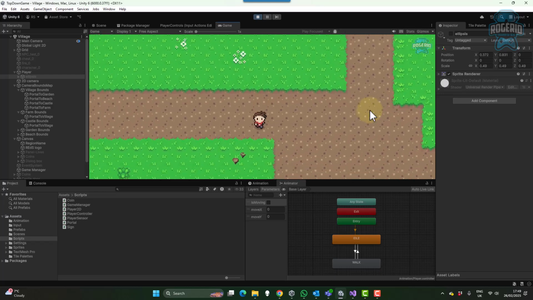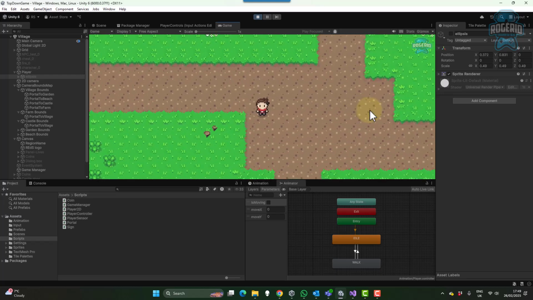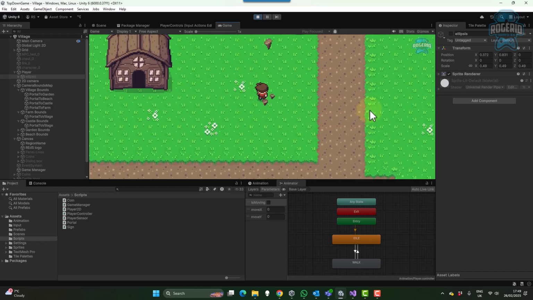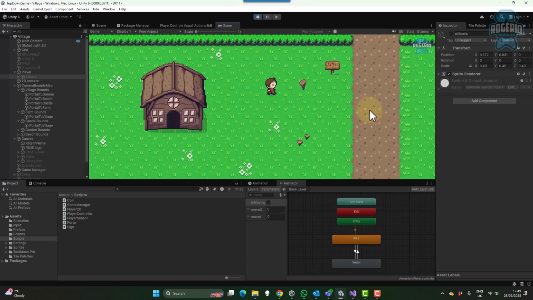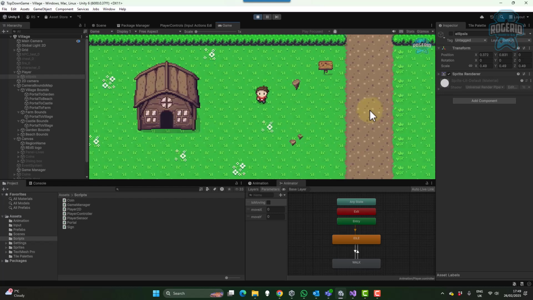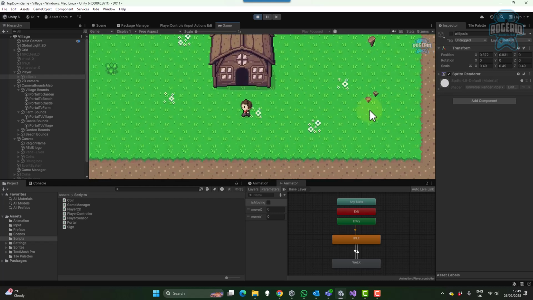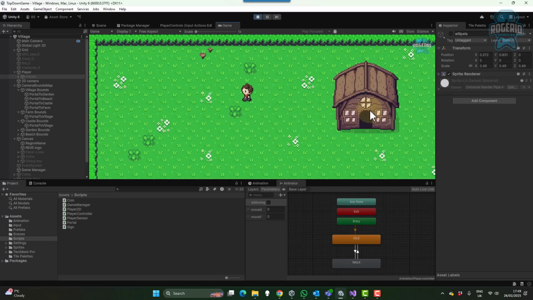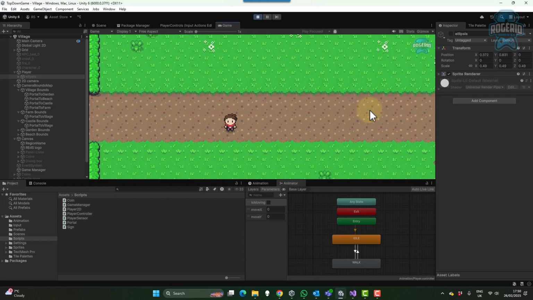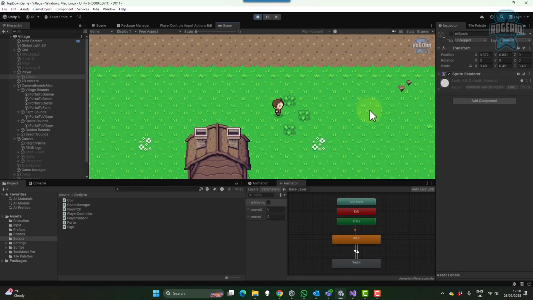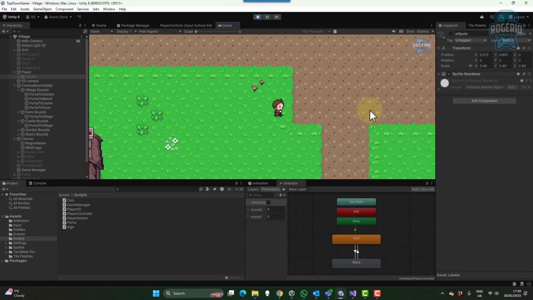And we also want the camera not to be able to go outside the gaming area. So we want the camera to be bound by the limits of the environment. See, when I reach the end of the environment, the camera stops, but the player is still allowed to be moving around, like so. So the camera is bounded by the limits of the level,